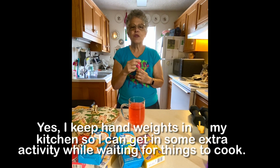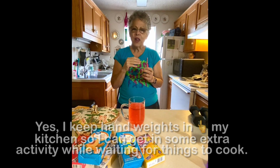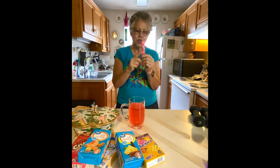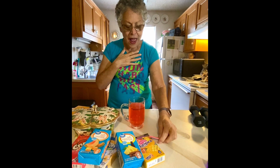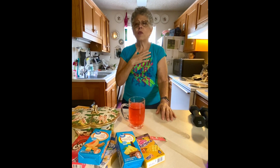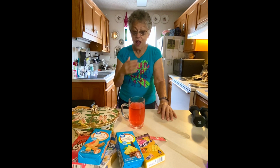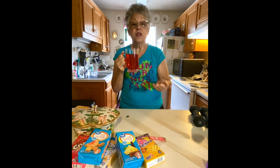And I just drank that over several days till I got used to it and I could really detect the flavor. And then I found that I could actually cut back even more. So I could make this packet, which is normally for 16 ounces, go into 32, 48 ounces, and I could still taste the flavor. The point is, though, it satisfies that craving that I have for fruit. And for me, when I go to the market and I'm getting my fresh vegetables and I'm passing by all those luscious fruits, I know that there is something that I can have that will satisfy my craving until I get to